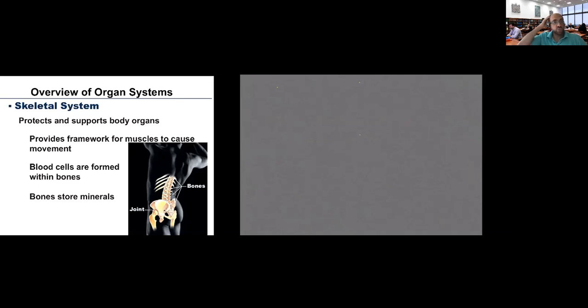Protection like skull is protecting the brain, the vertebrae are protecting the spinal cord, the thoracic cage is going to be protecting vital organs like the heart, the lungs, the pelvis is going to be protecting the pelvic organs like the rectum, the urinary bladder, the uterus in females. All those are protected by bones. It also acts as a lever for the muscles to act on to provide you with